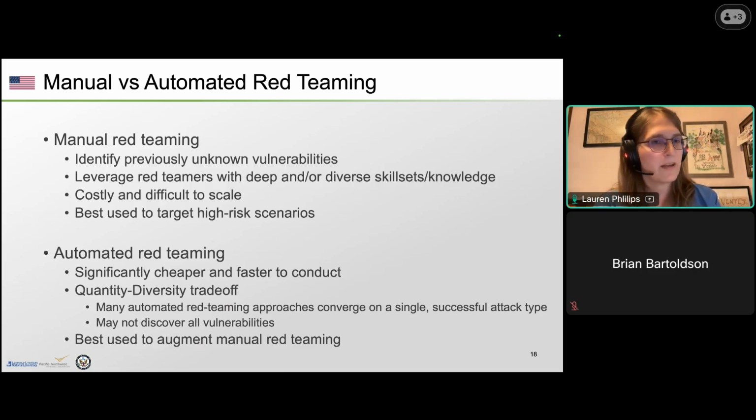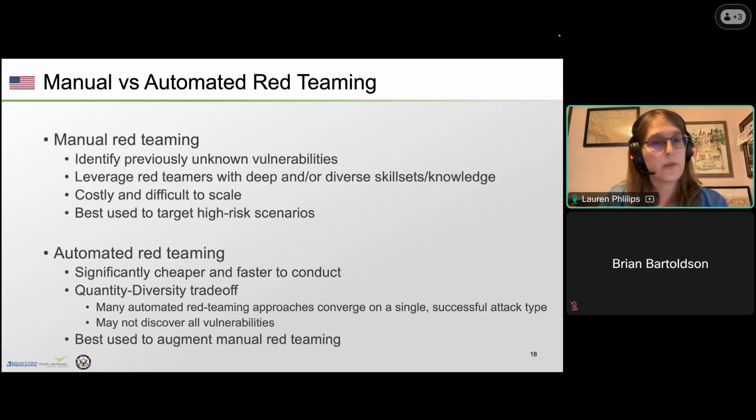The problem with manual red teaming is that it's costly and it's very difficult to scale. So you need to get a number of individuals who have important skill sets all together at the same time to conduct an activity. Because of that, it's really best to use this kind of red teaming for high-risk scenarios. So identify ahead of time what are the risks that you're especially concerned about and dive deep into those,